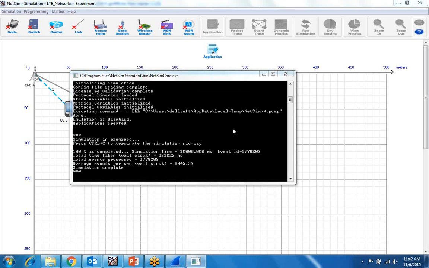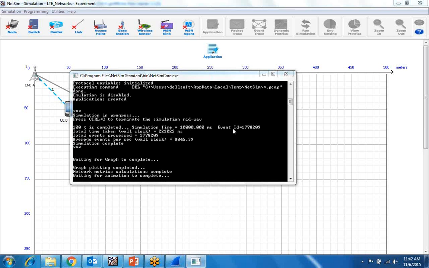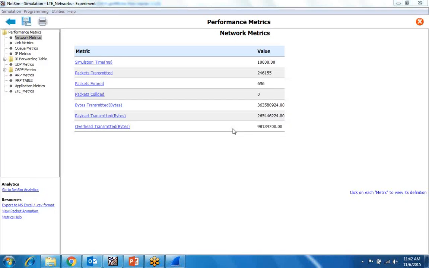So it is completed now. Yeah, you can see now the performance metrics. The network metrics, we have simulation timing, packets transmitted, packets errored, packet collided, bytes transmitted.